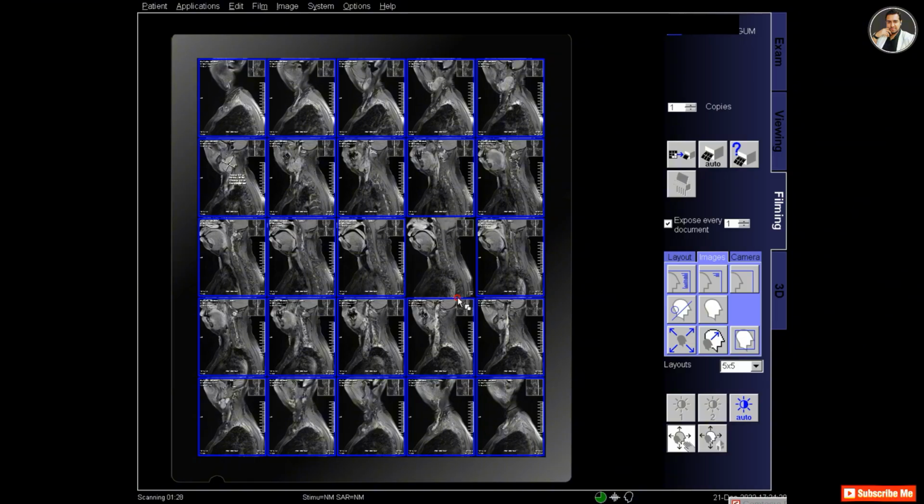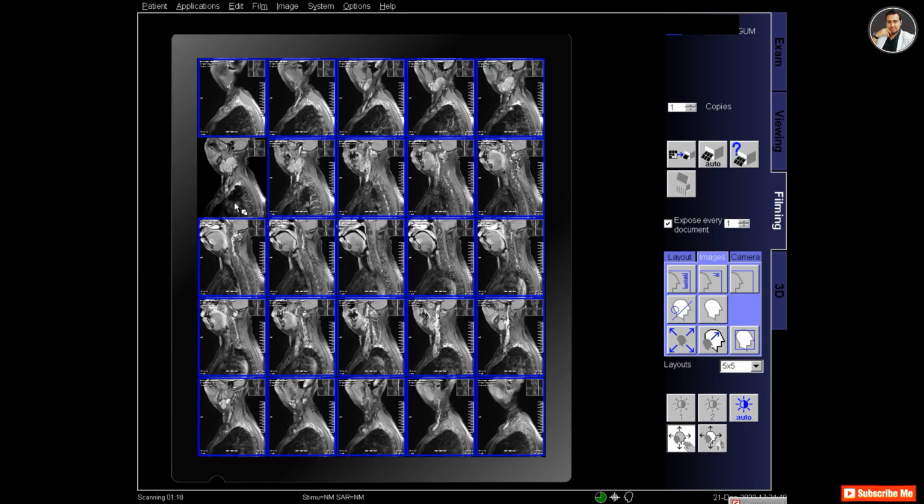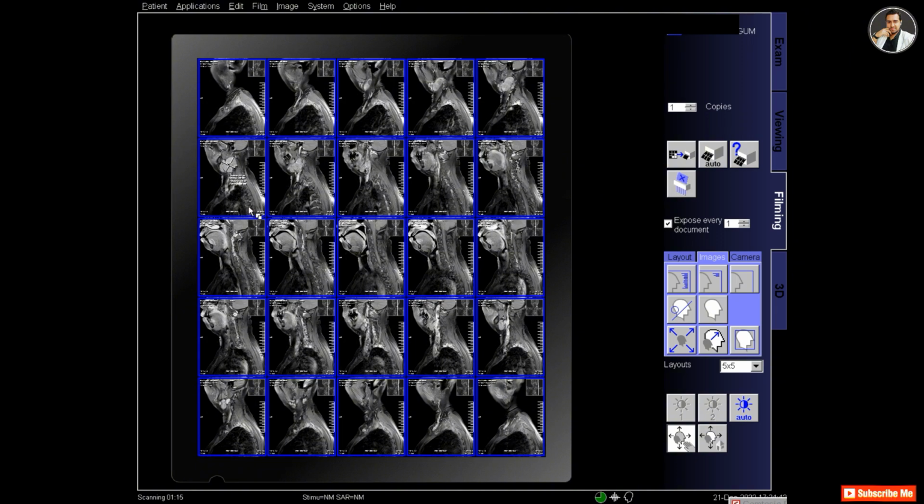So this is the first post contrast film that I am preparing now. I think it's okay, and print out.